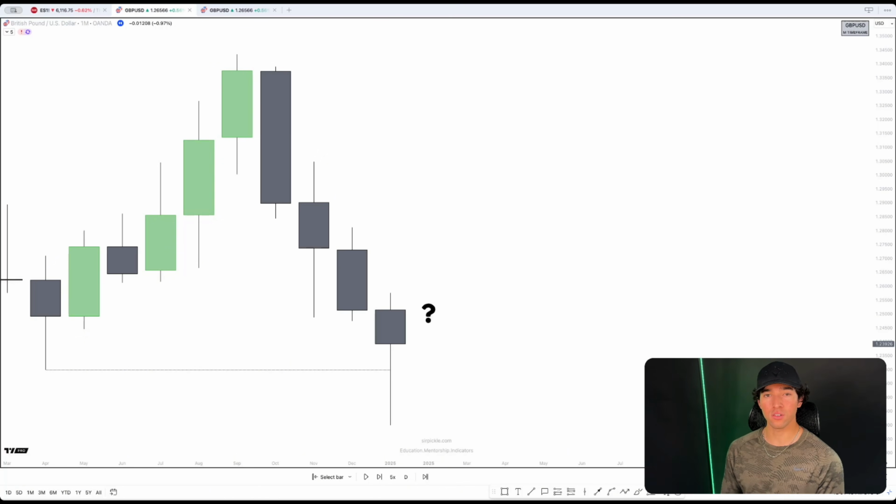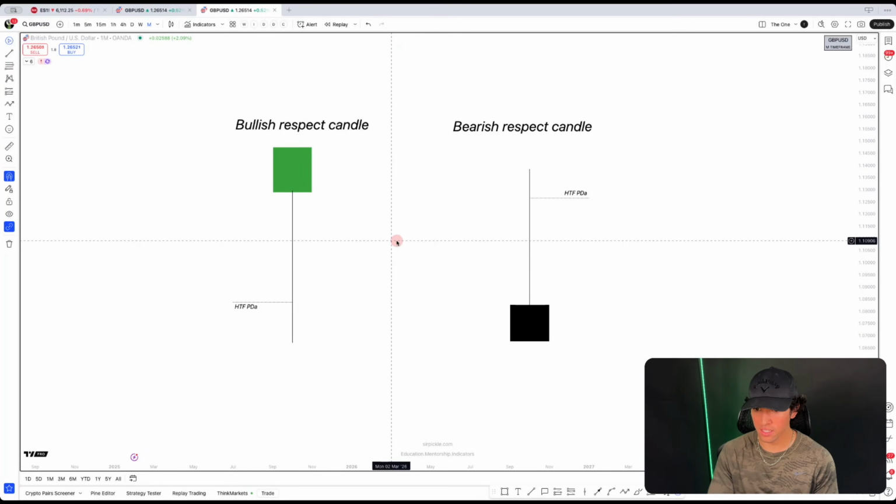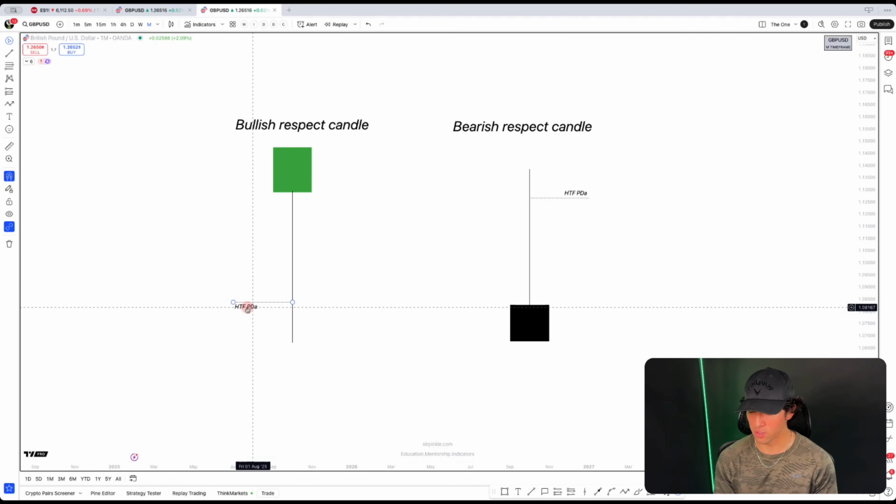We need to first understand respect and disrespect candles. So respect candles are seen through long wicks right here and small bodies. Long wicks, small bodies. And what that's signaling is a rejection. A rejection we want to see occur at a higher time frame PD array. So this could be your fair value gaps, it could be your swing highs, your swing lows, your fair value areas, your order blocks, all of that. Any PD array that you use, this is what we want to see off of that to show a respect